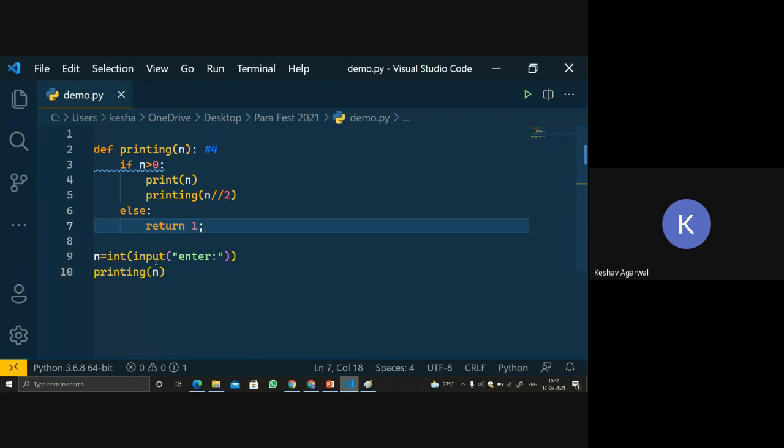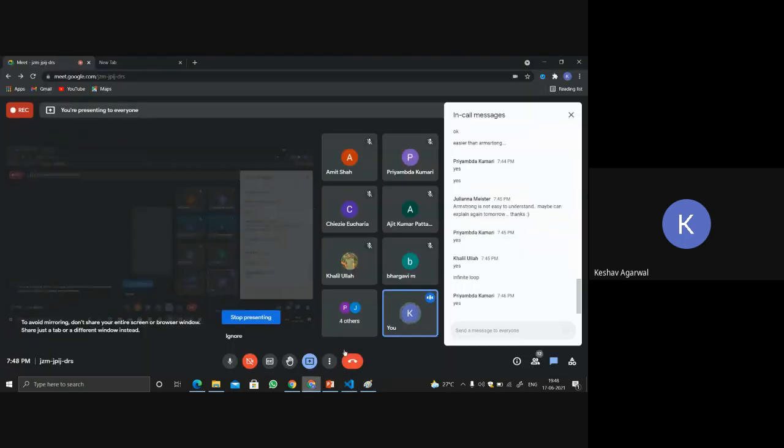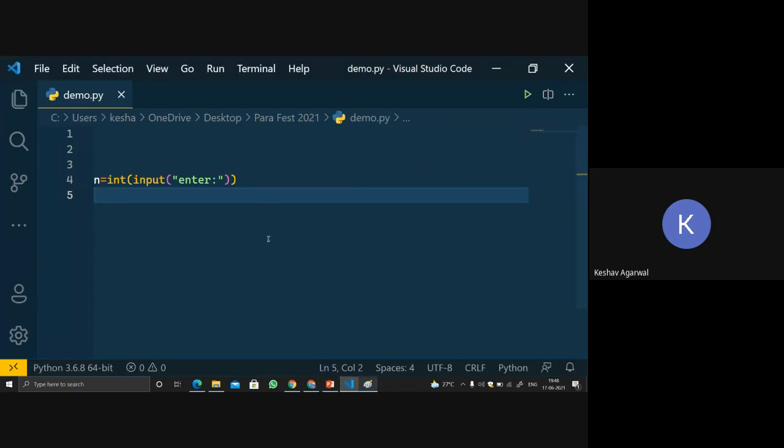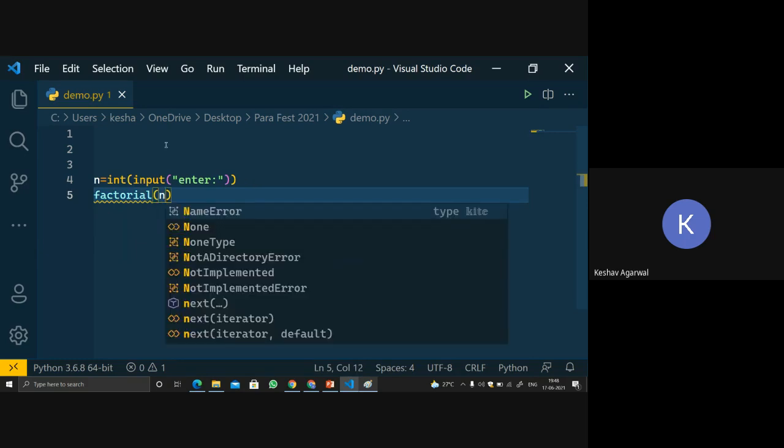So let's do one question for this. What we will do now, we will calculate the factorial of a number using recursion function. Before, we were trying to do it with a for loop, but now we will try doing it with a recursion function. So let's say I took a number n, and let's define a function factorial of n.